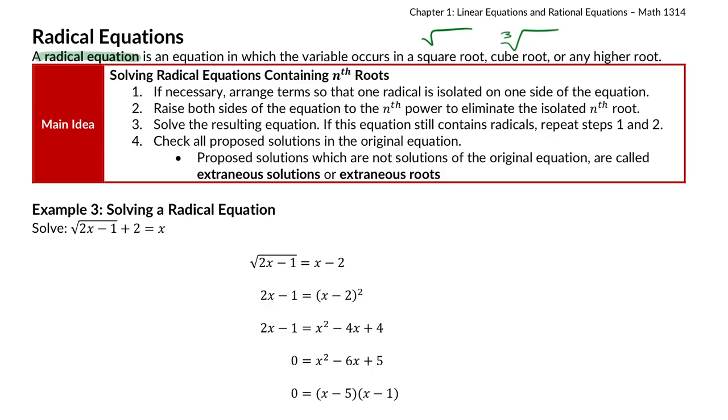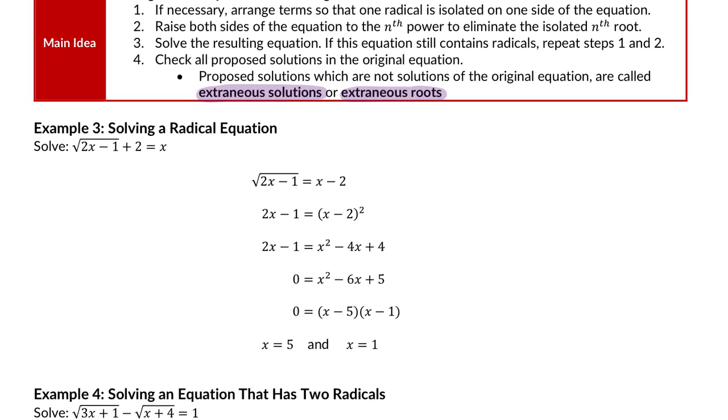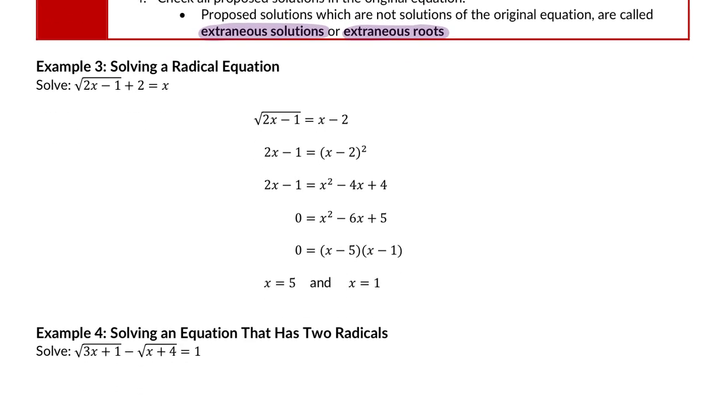Raise both sides of the equation to the nth power, usually second power, to undo a square root. Solve the resulting equation, and if it still contains radicals, repeat again. Now it's very, very important that you actually do this extra step, step 4, of checking, because radical equations can have extraneous solutions or roots, so we do actually have to check our work on these problems